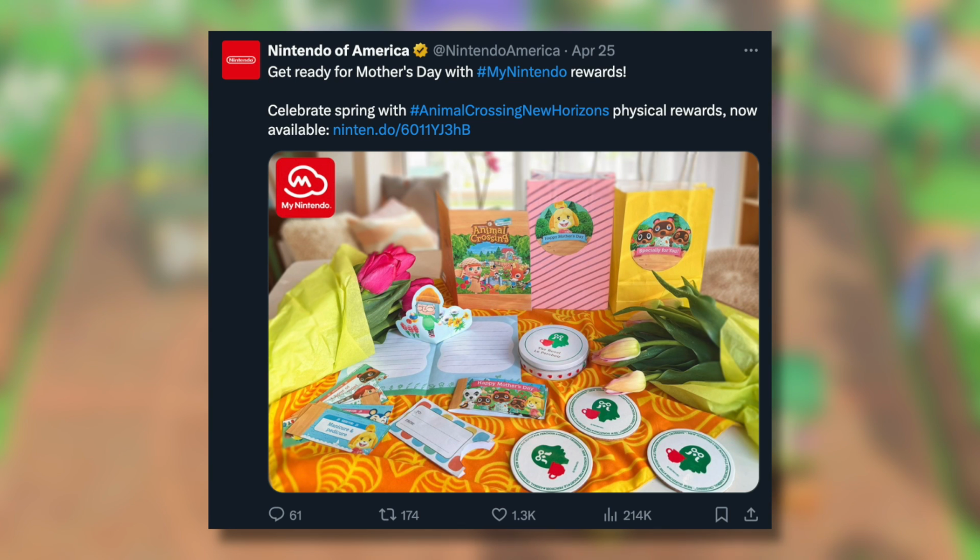Of course, it is while stocks last, and I believe currently it is just in America. I might be wrong on that, so correct me if I am. You can check your own My Nintendo stores and such. But I personally wasn't able to get these yet from the UK store, so I don't know which other regions will be able to. But definitely get them as soon as you can, because you don't want to miss out on these,